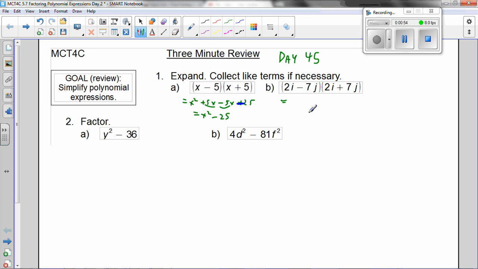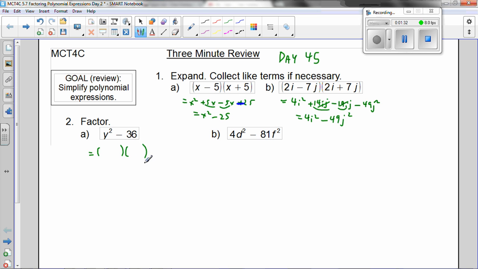Similarly, over here, when I expand everything times everything, i's and j's, middle terms cancel out, and I'm left with an interesting pattern, isn't it? And this is the pattern that we're starting with today. We're asked to factor these, and I'm gonna pretend that we didn't do that. I'm gonna pretend this isn't review, and I'm gonna treat this like a normal